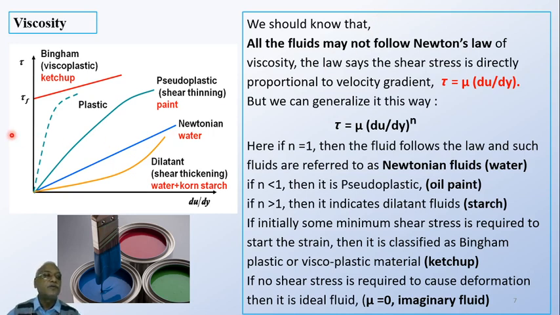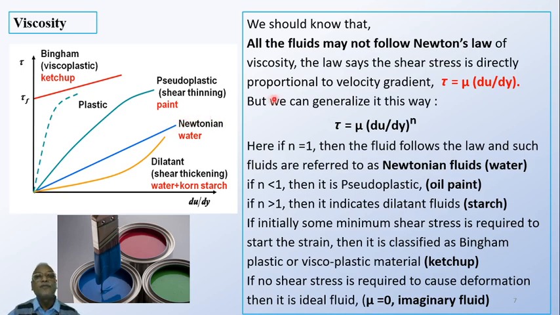And in the picture also, if I represent the velocity gradient du by dy on the x-axis and the shear stress tau on the y-axis, and if it is a Newtonian fluid, in the sense tau is directly proportional to du by dy, then I'll be getting all the points on a straight line and the slope becomes mu, or coefficient of viscosity. So this blue line indicates Newtonian fluids, in the sense the fluids which follow